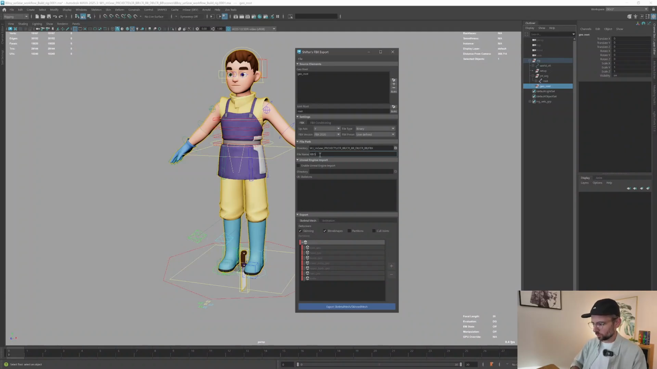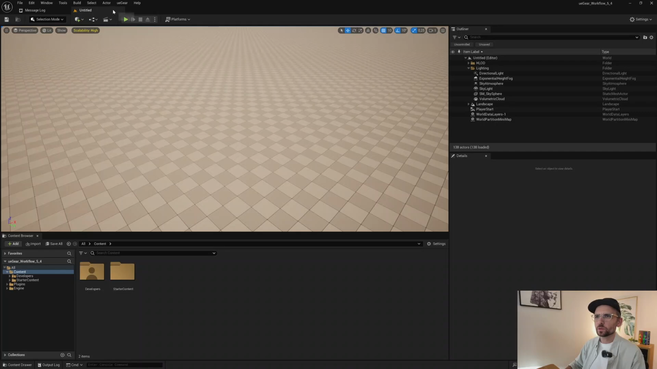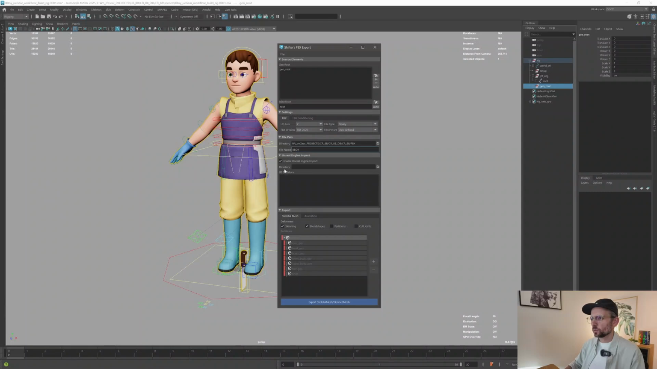And then I'm gonna call it bboy. Now I need to activate the Unreal Engine import checkbox here. And I already have launched my Unreal Engine with the ueGear plugin installed, so you can see it because the menu is there. So here we can set in which directory we want to import the